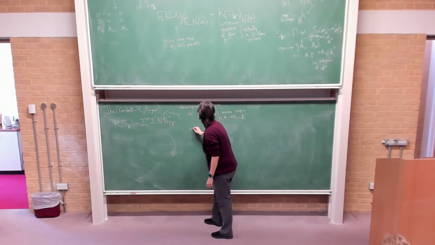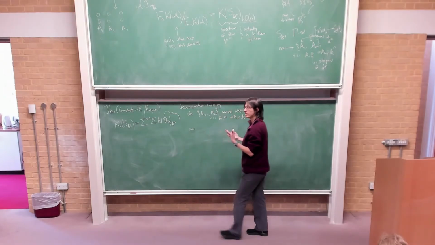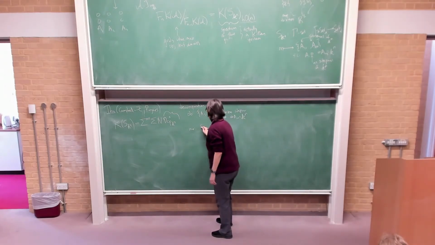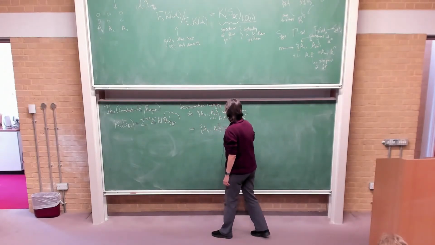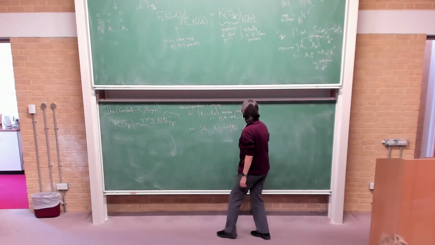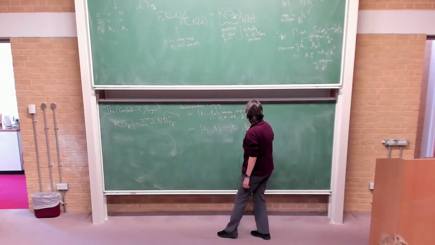And my morphisms are under refinement. So I'm going to say that a morphism from A1 through AM to B1 through BL